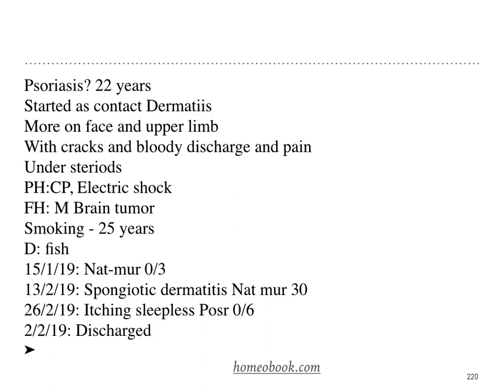This patient is fond of fish. We prescribed Natrum muriaticum 0/3 followed by Natrum muriaticum 30. After that, the patient had only some itching. Then we prescribed Psorinum 0/6 for the severe itching during sleep, as the patient was sleepless because of itching. Then the remedy mentioned in our repertory, Psorinum, is the remedy, and we discharged the patient with a great improvement. So these are some of the interesting and different types of cases that we usually encounter in